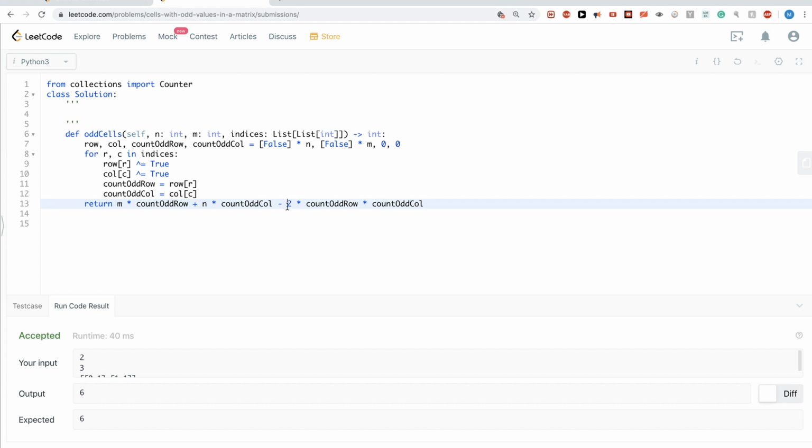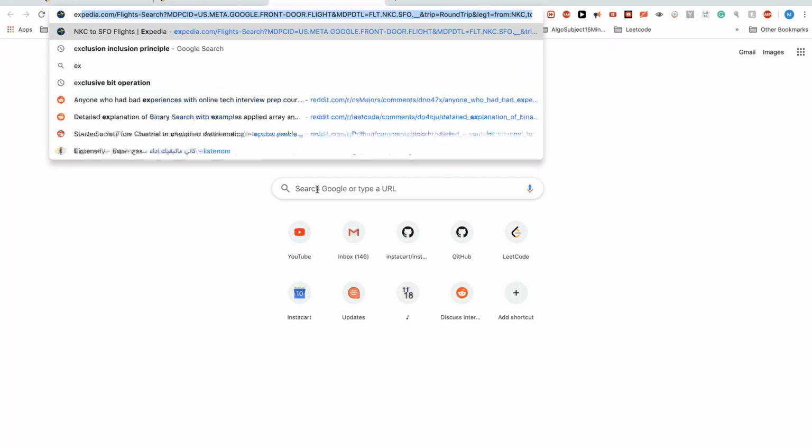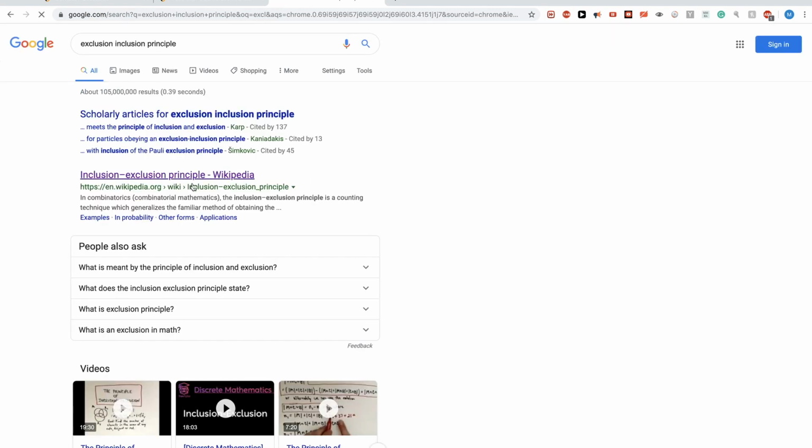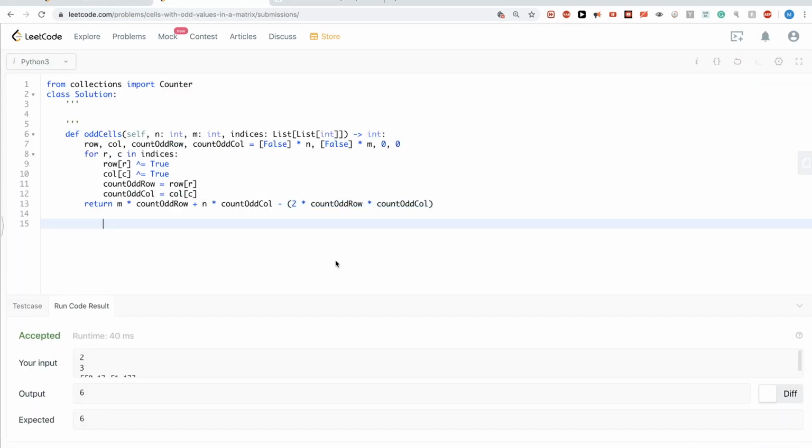And that's pretty much it. This is similar to the inclusion-exclusion principle, where the number of elements in two sets is the number of elements in the first set plus the number of elements in the second set minus the number of elements in the intersection. So it's called the inclusion-exclusion principle. And so if we submit this,